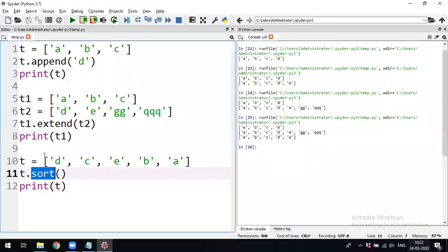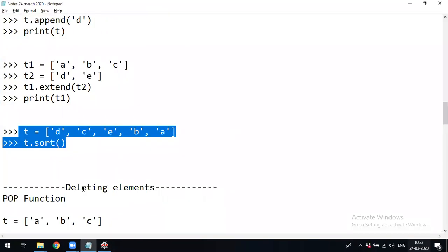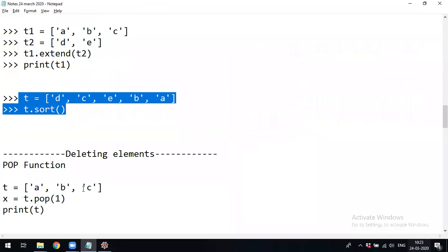This function is also commonly used when we design applications using Python. Remember these functions from the exam point of view also: append, extend, and sort. The next operation is deleting the elements.